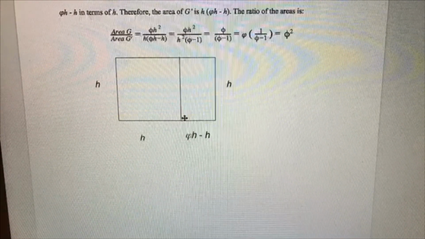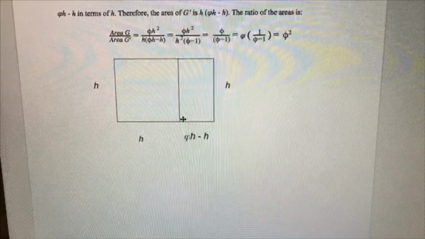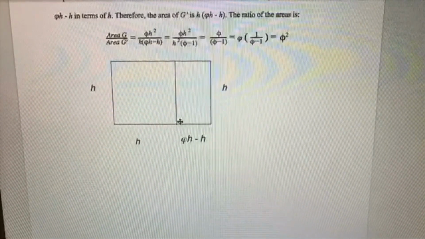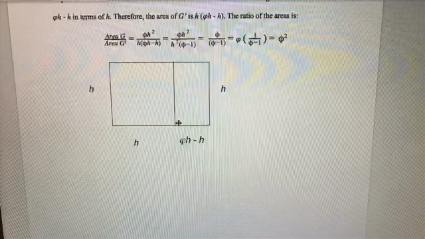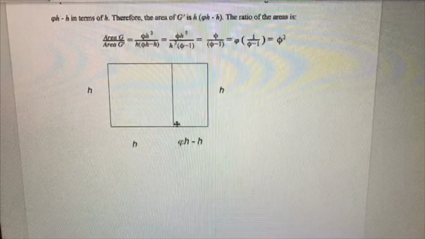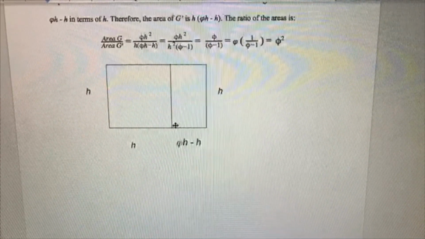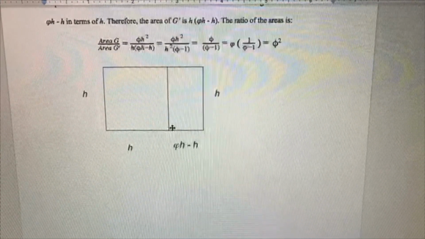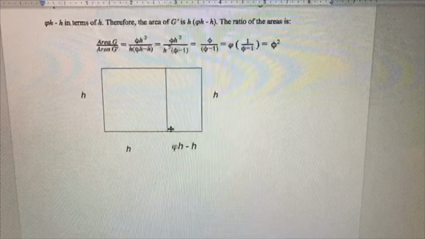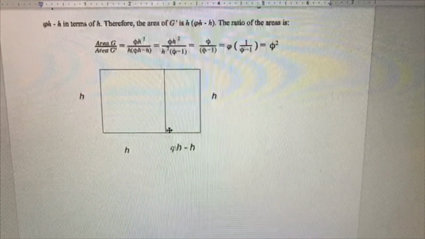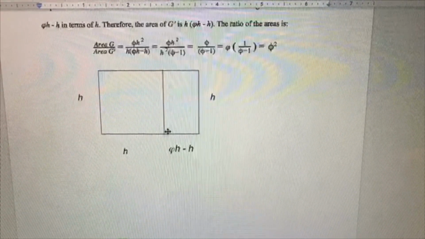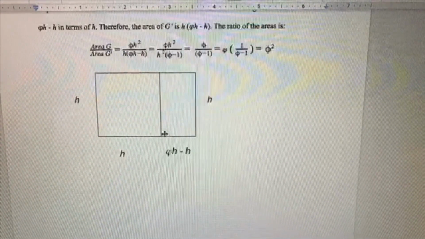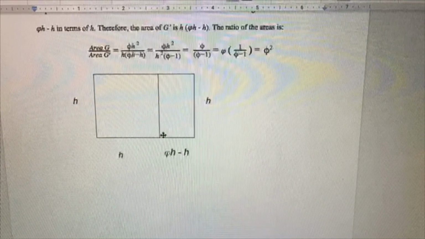The solution to this problem is, since b is the base and h is the height, we can assume that the golden ratio applies here. Therefore, the area of G is phi h times h, which is simplified to phi h squared. Since we get a smaller golden rectangle by removing the largest square possible from G, we know that the longer side of the smaller rectangle is also h. Since we put b in terms of h, we can split up the base of G into a square with the base of h and the short side of the smaller golden rectangle G'. It has base b minus h, or phi h minus h, in terms of h. Therefore, the area of G' is h times (phi h minus h). The ratio of the area is